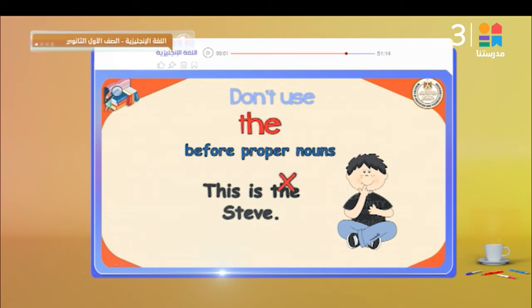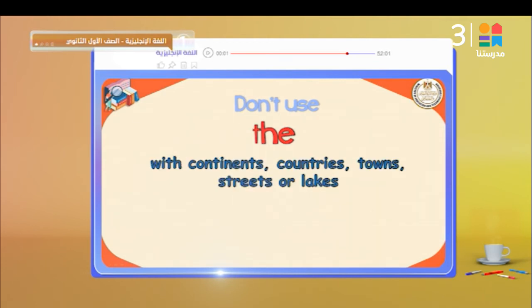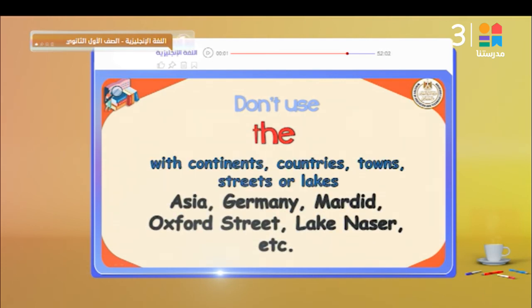We say Steve, we say Ali, Ahmad. We can't say the Ali or the Ahmad. The only way in which we put "the" in front of names of people is when we talk about the family. So if we say the Steves, we make it plural, you are talking about the family of Steve. We don't use "the" with countries which consist of one word, like Asia, continents or countries or towns, Asia, Africa,